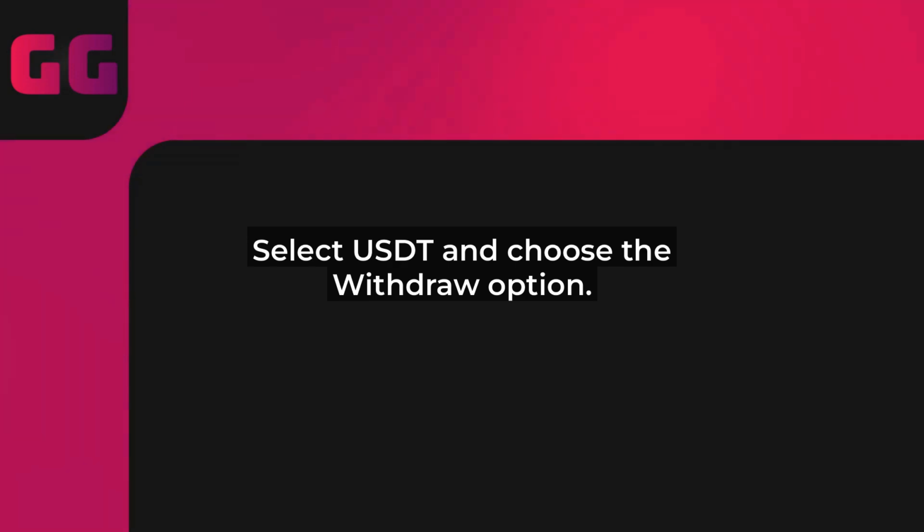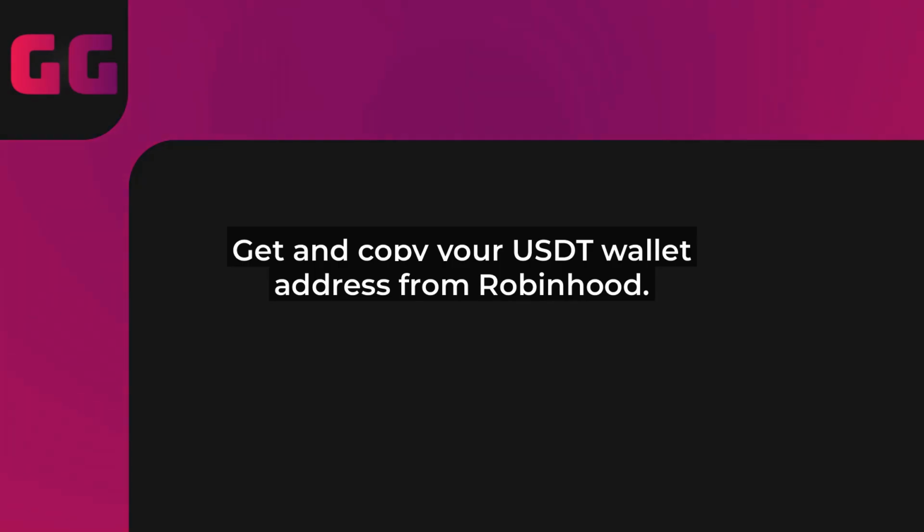Next, on Robinhood, go to your crypto section and find your USDT wallet address. Copy this address carefully. It's super important to get it right. Back on Crypto.com, paste that address into the withdrawal form, enter the amount of USDT you want to transfer, and review any fees involved. In 2025, network fees might vary based on blockchain congestion, so keep an eye on that.